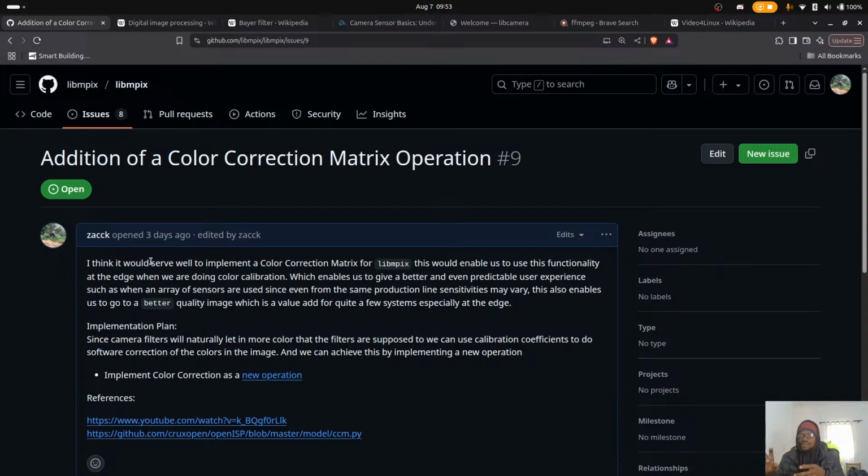Rather, you have some parameters from the camera manufacturer. You can also discover this by yourself. You can measure them by yourself. And then you go through the pixels generated by an image, and you adjust each pixel according to this color correction matrix. And you do this because